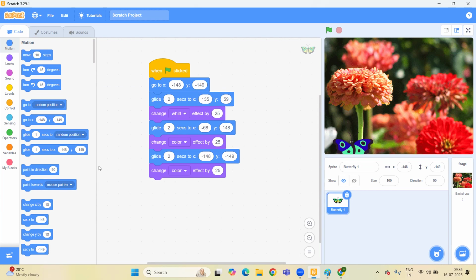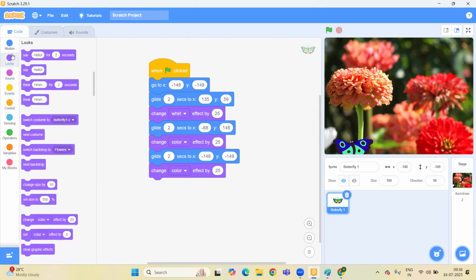Like if you want one more thing, after the entire execution it will say bye bye. So here we have looks, and in this looks block, the say block is here, and you can put whatever message you want to use. Bye bye.